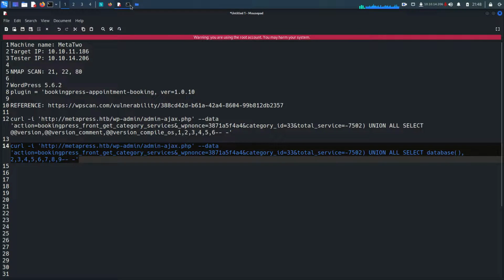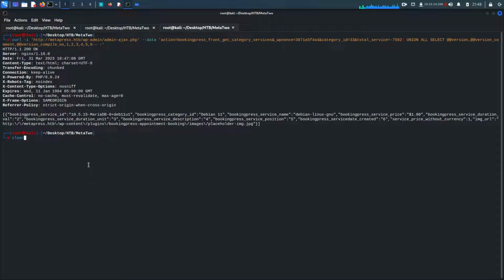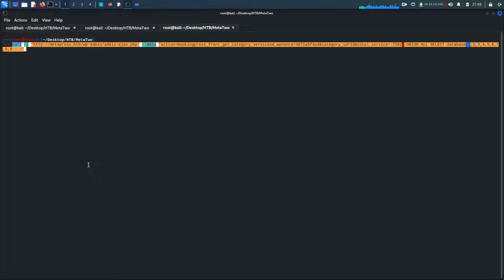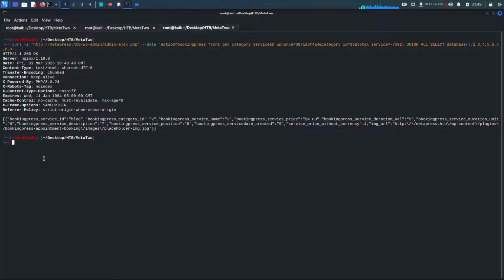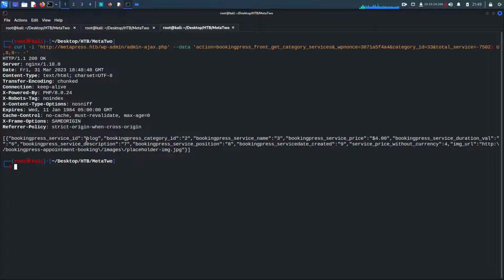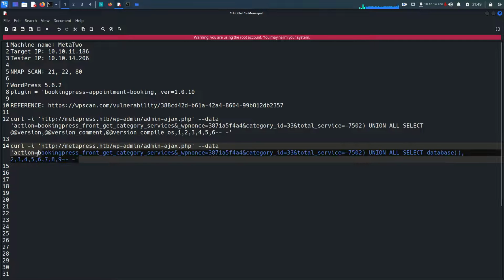Copy that, back again to the terminal, clear this and paste that, hit enter, and as you can see, the database used here is blog. This is the database name, blog. Fine. Now we need to see how many tables are there. Okay, so how we will do that, we can further investigate by just saying here, instead of that,